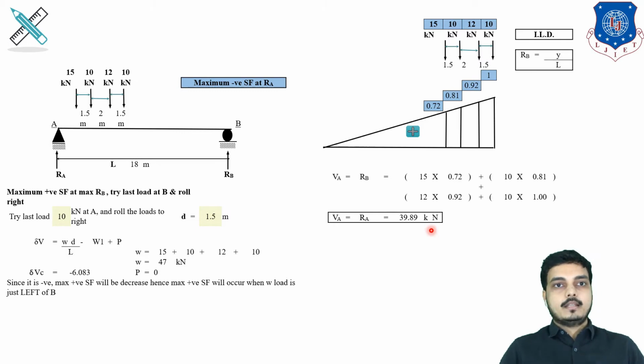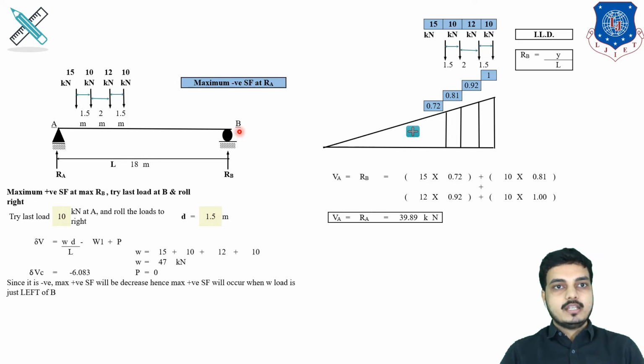Now look, till before this sum we had a section, but in this sum the section has not been specified, so we are doing it for the entire beam, not for a particular section. So for the entire beam, we put the entire loading on the left hand side and multiply with the ordinates of RA. We got one shear force, and after that we put the entire loading on the right hand side and multiplied with the ordinates of RB to get another maximum shear force. After getting both shear forces, we know that our 41 value is higher than this 39.89.